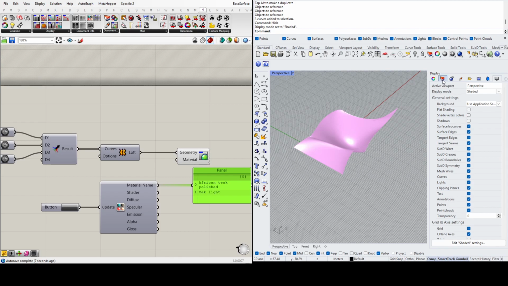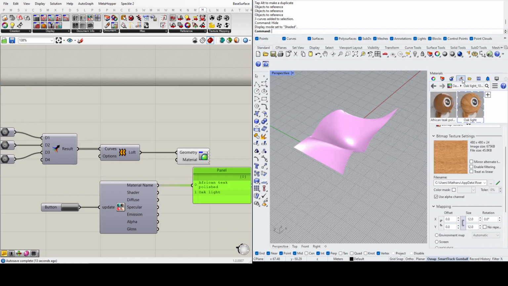Okay, so now watch this. Inside Rhino, where you have all your tabs, I'm going to go into materials. Now I already have African teak and oak light added here. If you don't have anything, then just follow this. You can go into create new material, import from material library, or there's some presets here. I usually go into import from material library, and then let's maybe bring in some metal. We're going to bring in Corten,